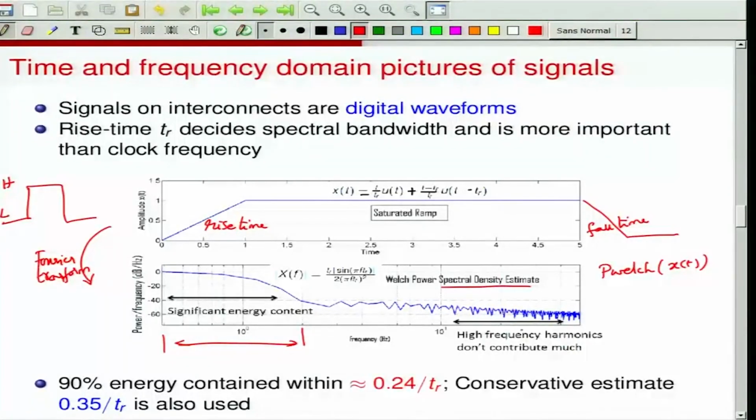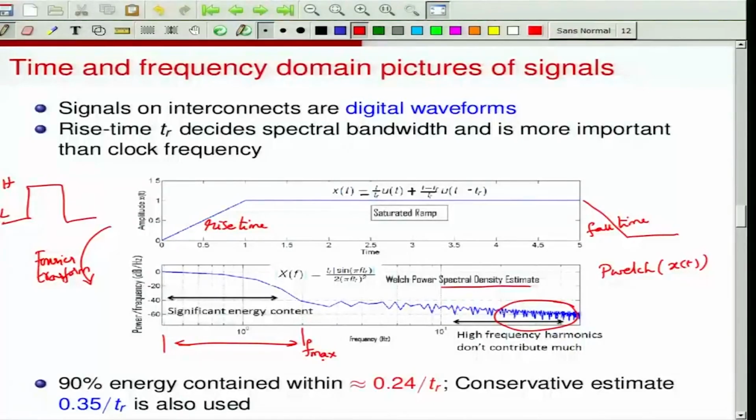There are certain high frequency components as you can see here, but these high frequency harmonics don't really contribute much, because their energy levels are down by a factor of 60 dB compared to the amplitude over here. So you see here that one can describe the time domain waveform in terms of the frequency domain waveform, and if you ask what is the typical